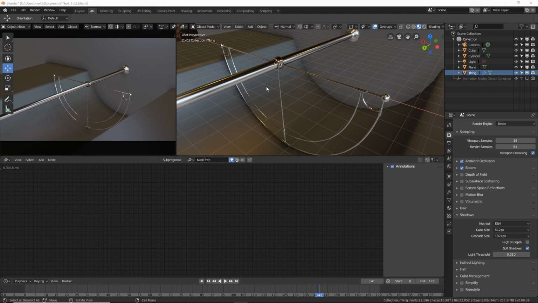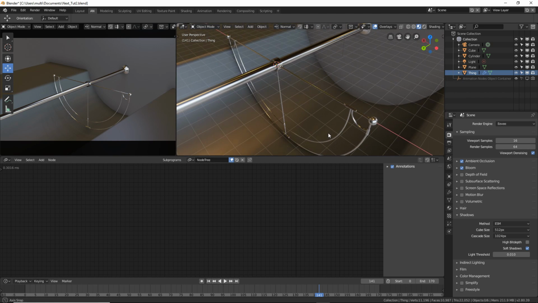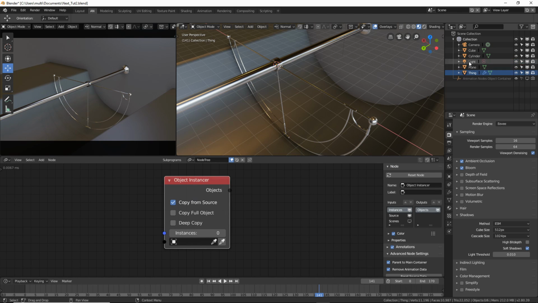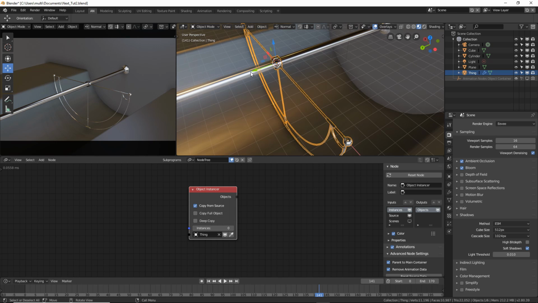Alright, so now we have only this shaft and this thing, and first we will duplicate that. To do that, we're going to use the object instancer node. So create an instancer, and I'm going to select the thing. Okay, and then we have to duplicate this thing in the Y direction.